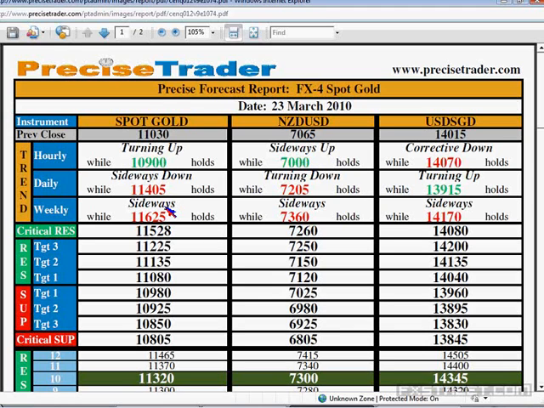And as far as this daily is concerned, it says turning down while 72.05 falls. So in other words, these two time frames, or the two different trends, are telling you two different pictures. That means the hourly is going to go up, so your immediate trend is going to go up, and the bigger time frame, even though it goes up, should come down eventually or towards the end of the day. That's what this is telling you, because this is a turning down, provided that 72.05